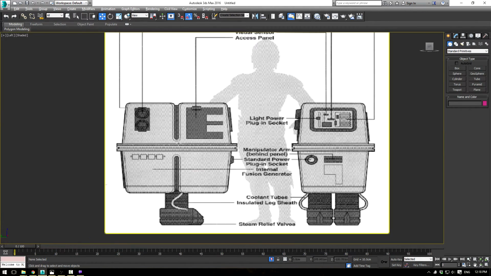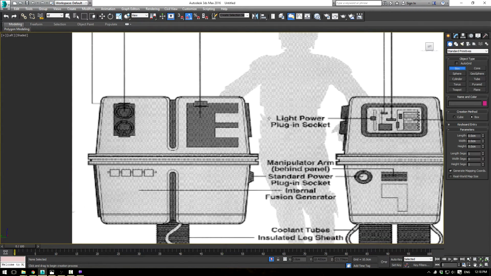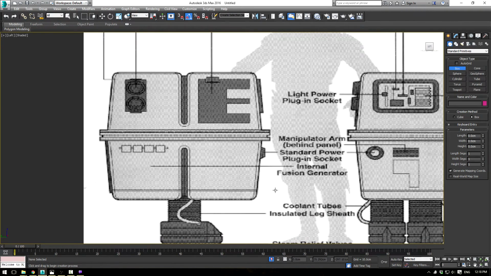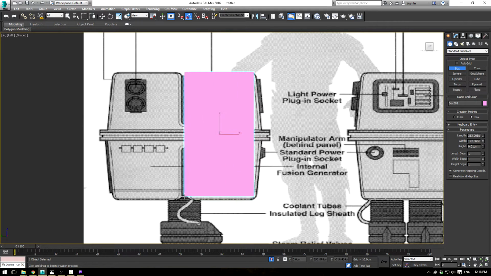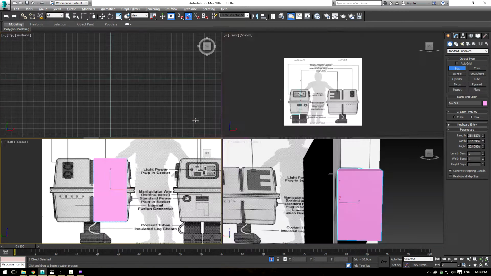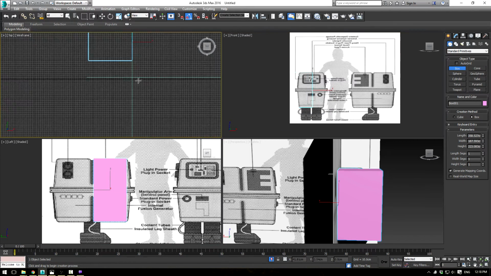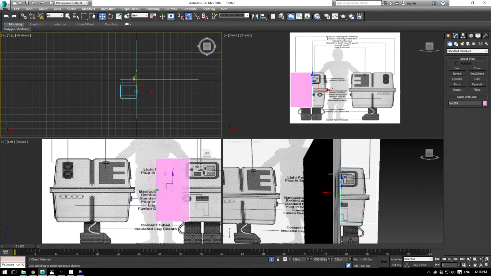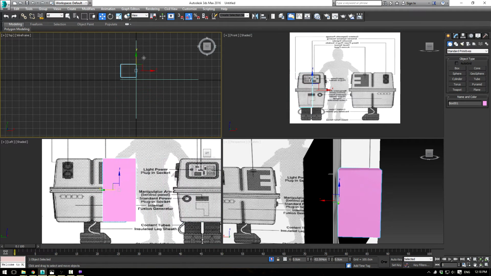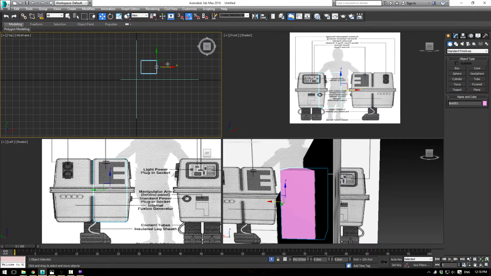Let's go ahead and start with our box. So we're going to use symmetry here. But we're going to model half this, I'm guessing. So let's go ahead and start with a box like this, and we'll just bring it out. Okay? So press W, and let's just drag this box out to here. Now let's see. Actually, it needs to go